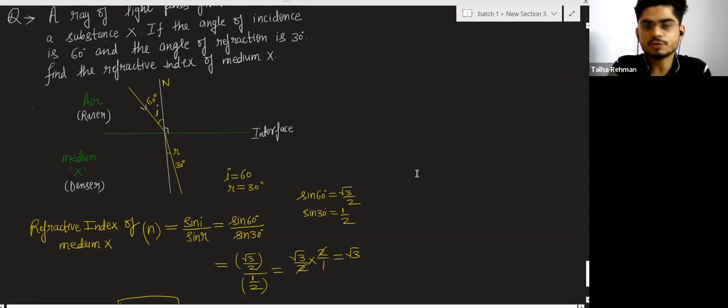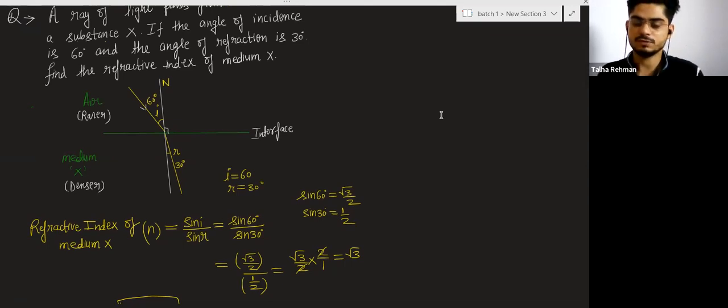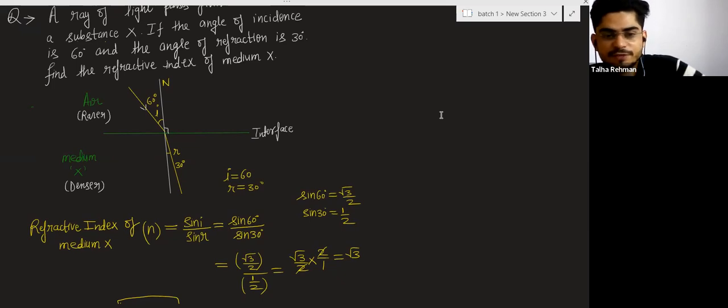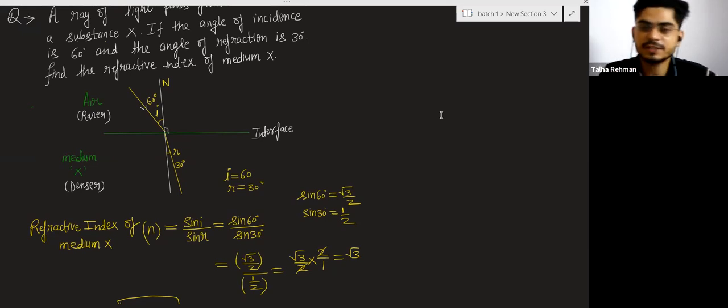So this type of question you will get in your examination also, in your board exam also. You have to just know the formula, what is the refractive index. But there is a necessary condition for calculating the refractive index. The light ray must travel from air to any other medium. If suppose this light ray is traveling from water to this medium, then we cannot say this is the refractive index of this medium. We will discuss these things later.